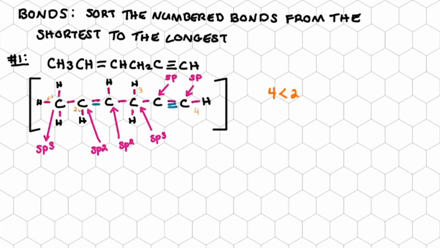That means besides a sigma bond, there is a pi bond that is pulling these 2 carbons together. But not as much as a triple bond, but of course more than a single bond. So the pi bond between these 2 carbons is pulling the hydrogen more toward the carbon. And as you see, we're going to be left with the bond number 3 and bond number 1. The carbon that these 2 hydrogens are attached to, they all have single bonds around them. So basically the length of these 2 are exactly equal, and they're going to be the longest bonds in our